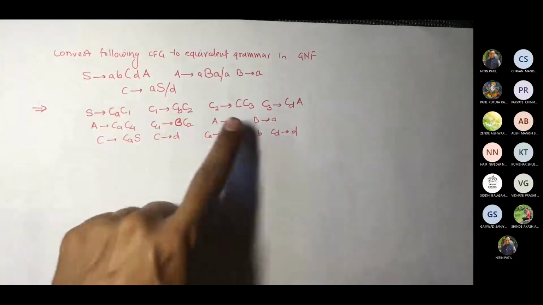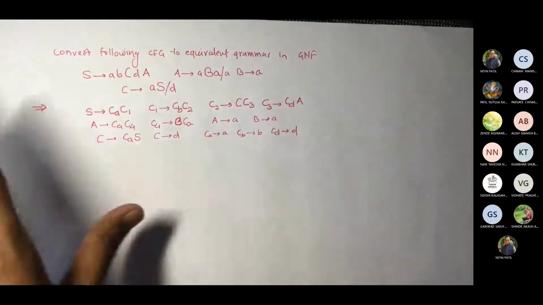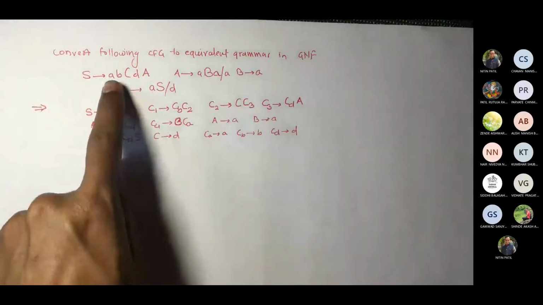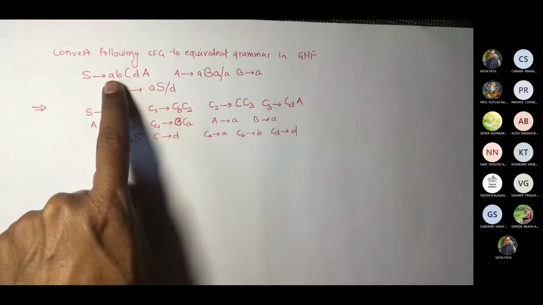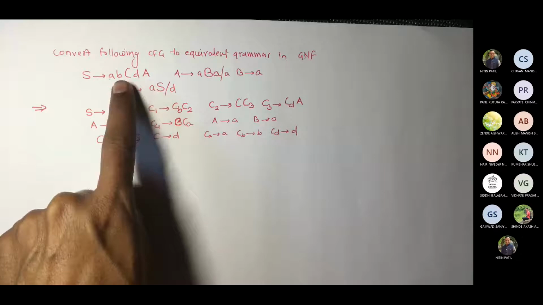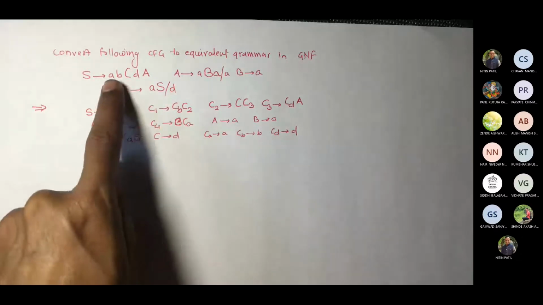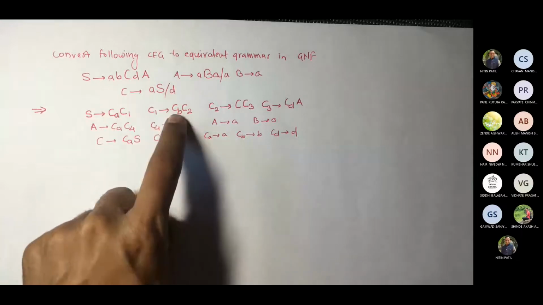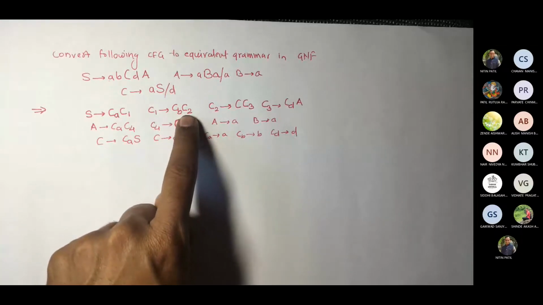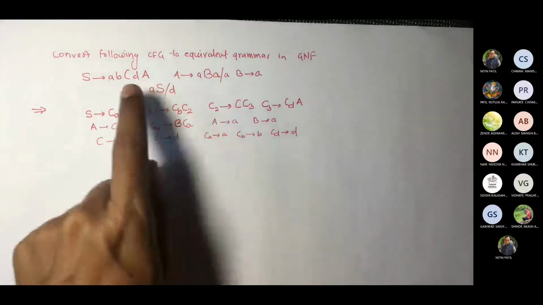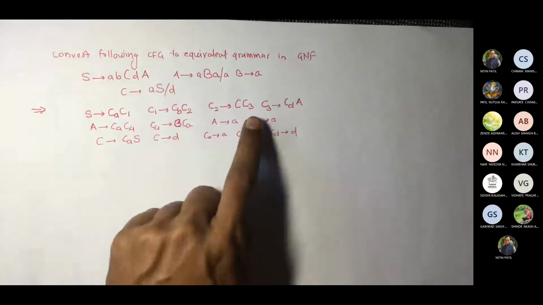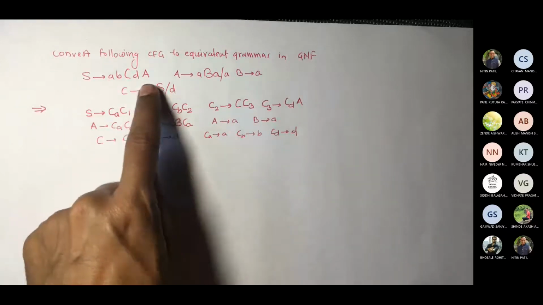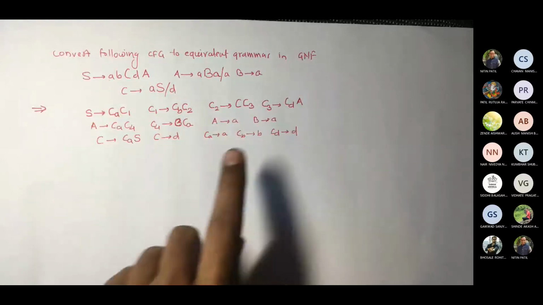See what I did, I directly converted that grammar to CNF. As I don't have any unit productions and null productions, I can directly convert each terminal to a variable: CA, CB, CD. Similarly, I introduced C1, C2. I took CA, the rest I took as C1. C1 starts with B, so CB, then C2. C2 is C D A, so capital C is kept as it is. So I added C3, and C3 gives CD A. So this is how this production leads to these new four productions.